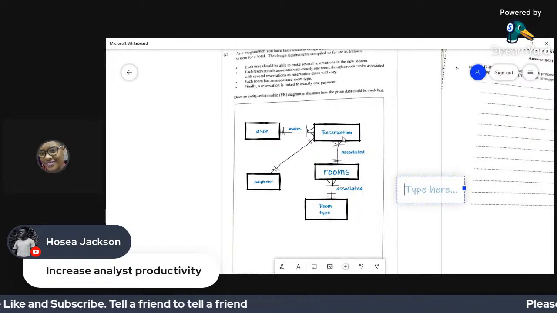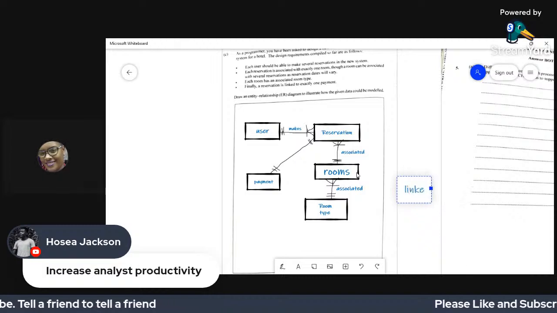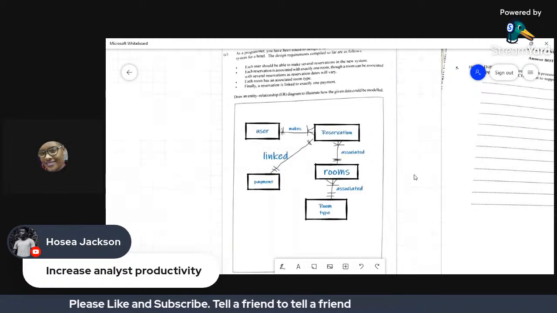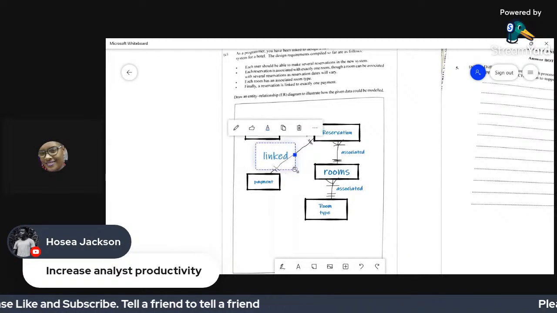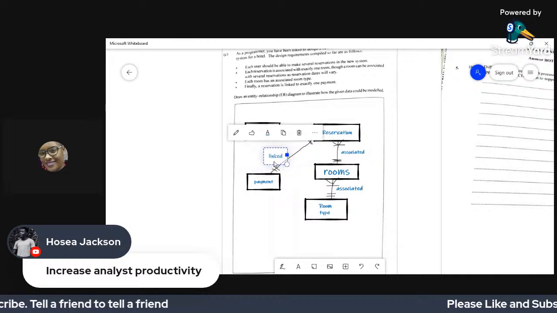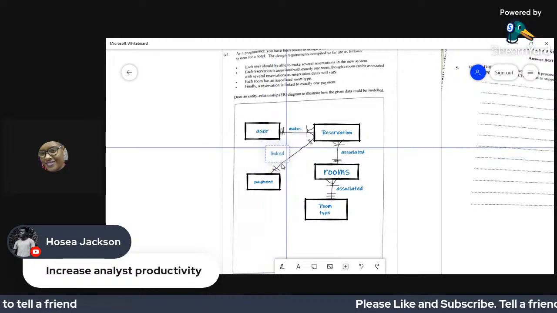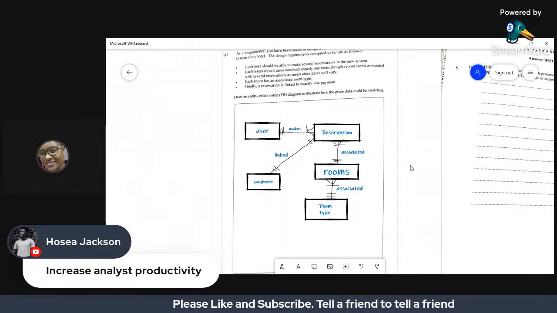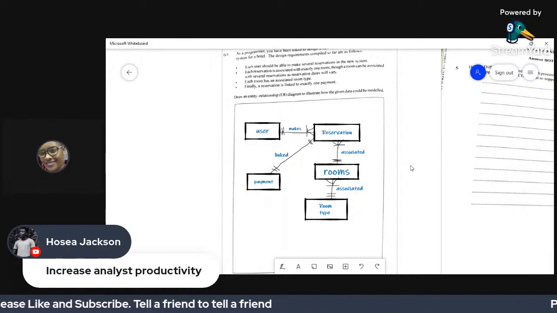It says a reservation is linked, so I'm going to put the word "linked" right here, and make it smaller like the others. And that would be your ERD diagram for your 13 marks.